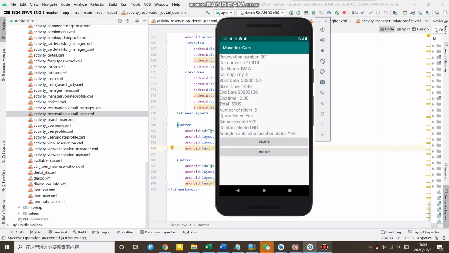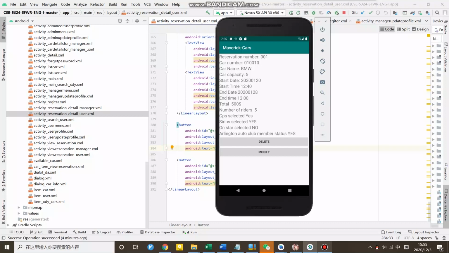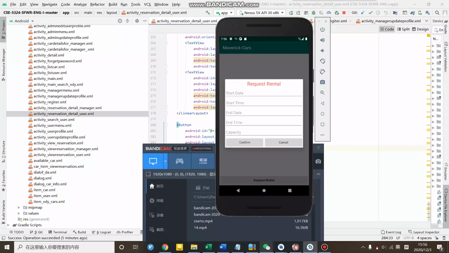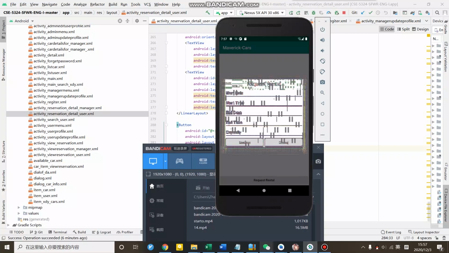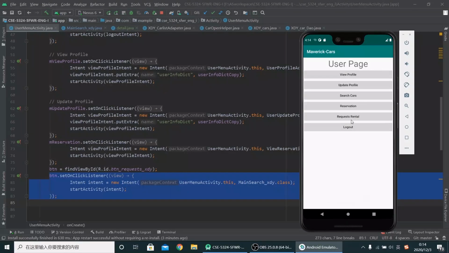And if you click delete, the system will return back to the user page and delete the reservation. And if you click modify, you can go to the request rentals and restart your modify for the system. So I'm the user, so I use my username and password to log in and select the request rental